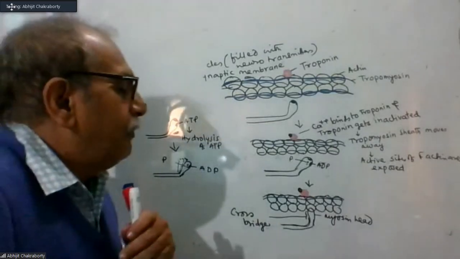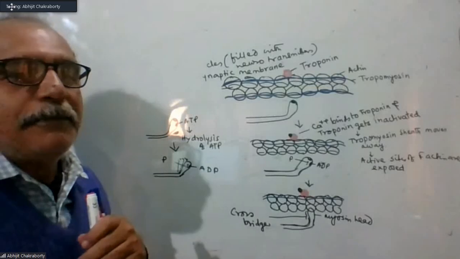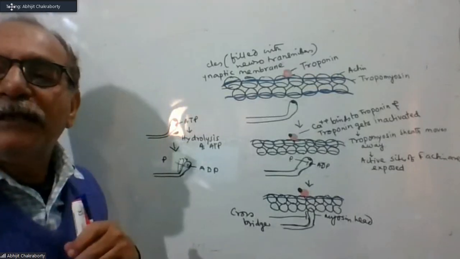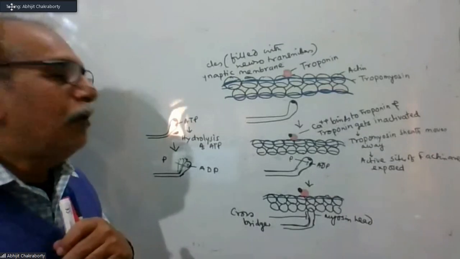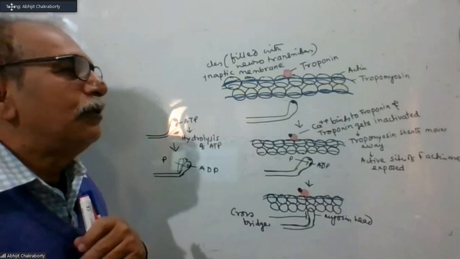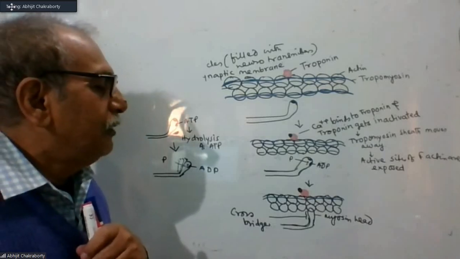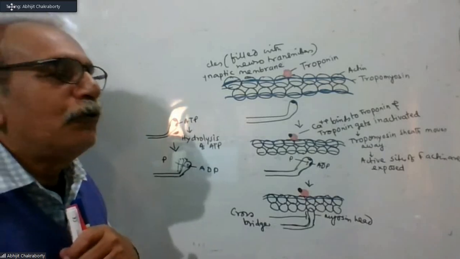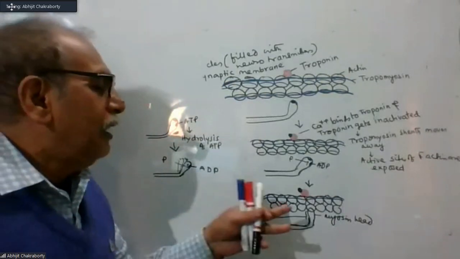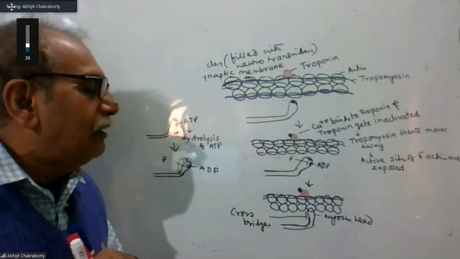Once myosin head binds to actin, the cross bridge is formed. But you see, ATP is already exhausted. As ATP is already exhausted, the myosin head tries to return to its original position. So it pulls the actin along with it, because once myosin head binds to actin,